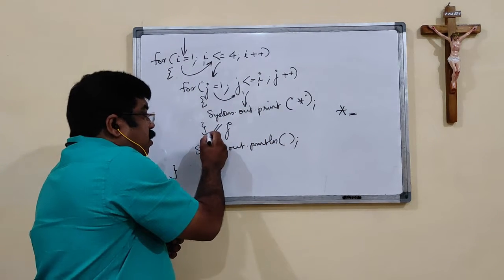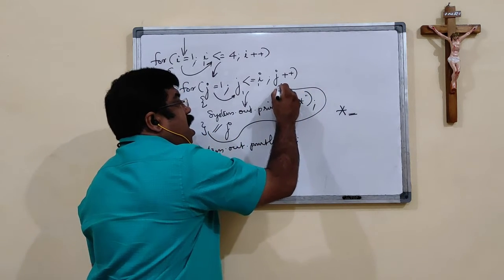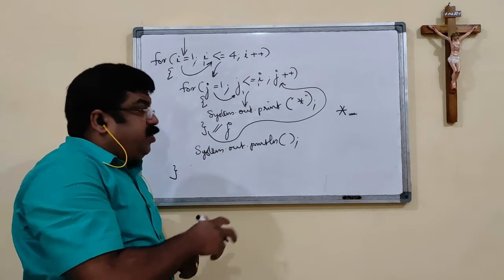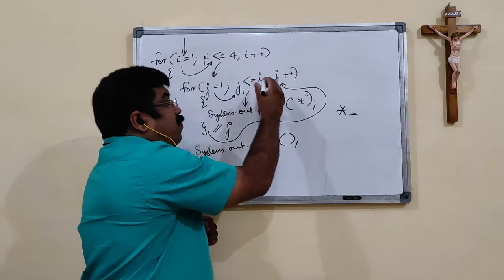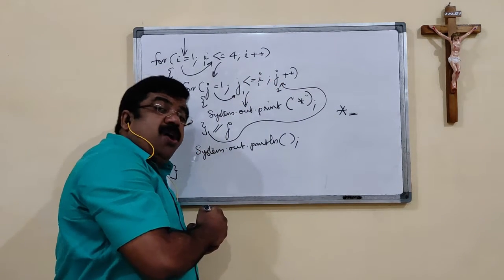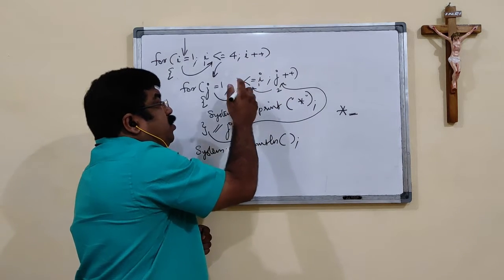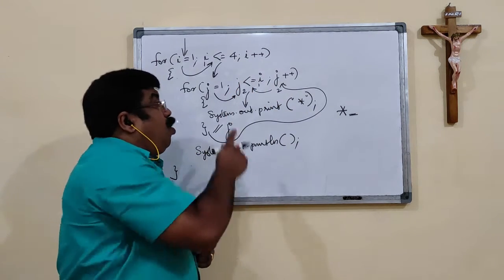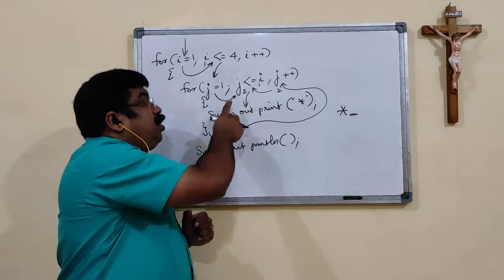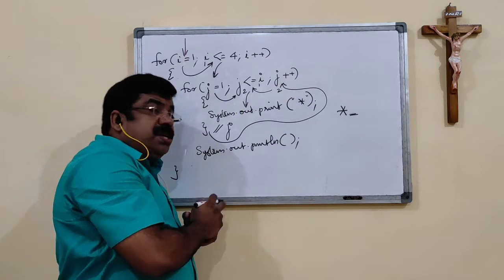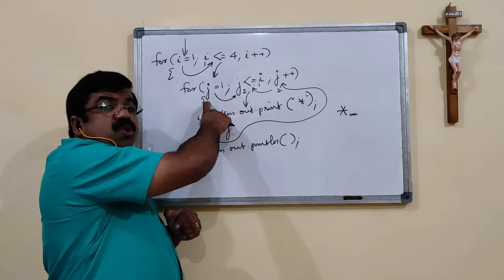Then what will happen? We come to the closing brace. The closing brace will lead us to go back to the updation. When we update it, j which was 1 will become 2. After incrementing, it will check the condition whether 2 is less than 1 or 2 is equal to 1. 2 less than 1 is false. 2 equal to 1 is also false. Since the condition is false, we will jump out of this loop.